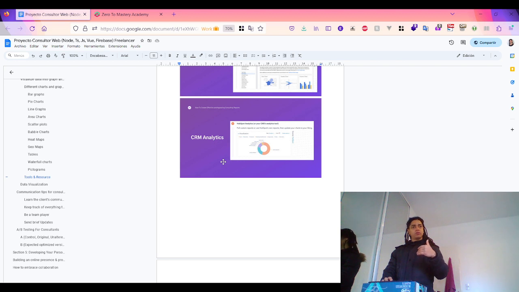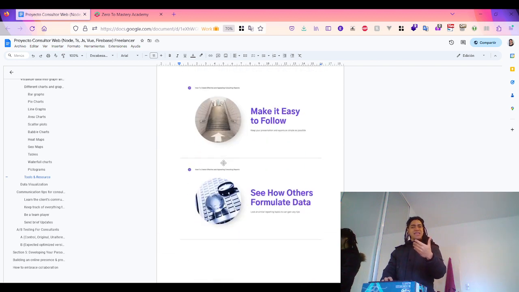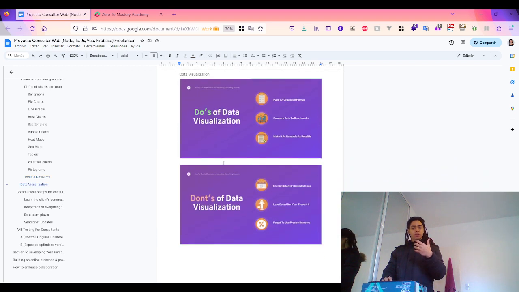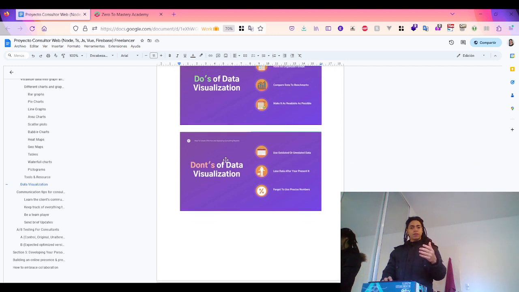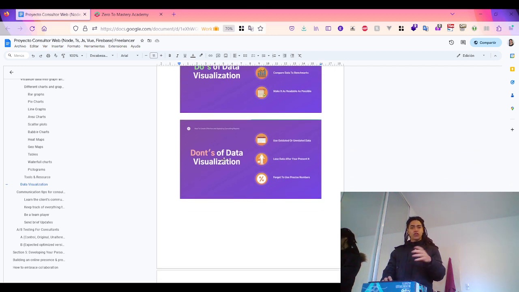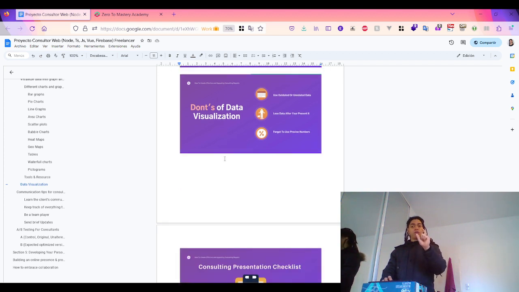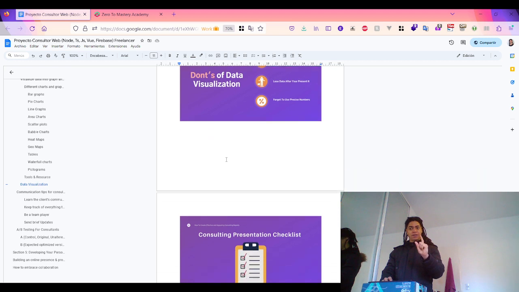So remember to be consistent, see how others are formulating data, and make it easy to follow. Because when it comes to presenting that, it's important to do it in an organized way. Use benchmarks to compare your data, and don't lose your data after you present it, because this is something that will help you vastly, my friend,